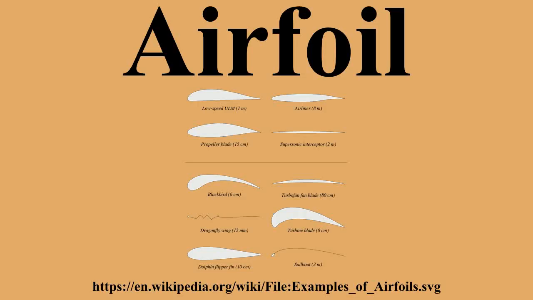When oriented at a suitable angle, the airfoil deflects the oncoming air, resulting in a force on the airfoil in the direction opposite to the deflection. This force is known as aerodynamic force and can be resolved into two components, lift and drag. Most foil shapes require a positive angle of attack to generate lift, but cambered airfoils can generate lift at zero